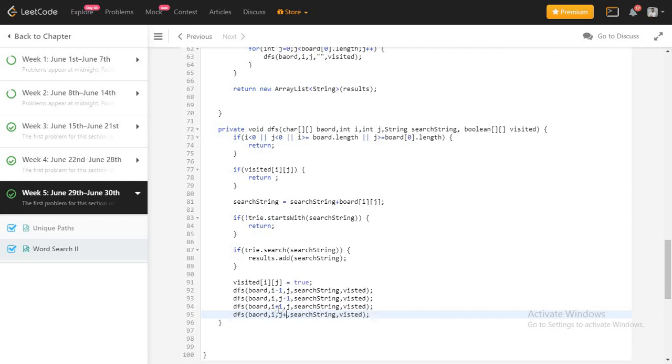So it will cover all our adjacent ones. So that's pretty much.